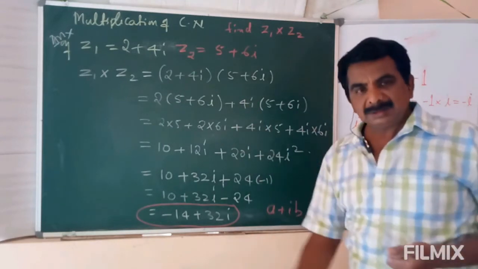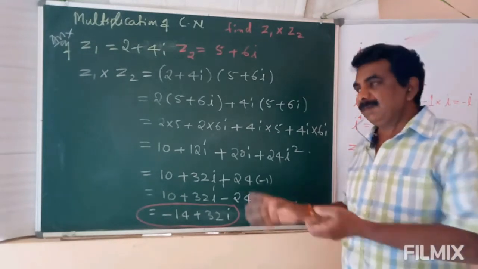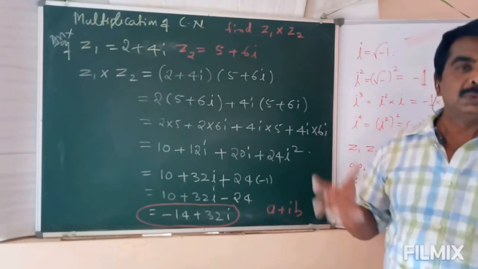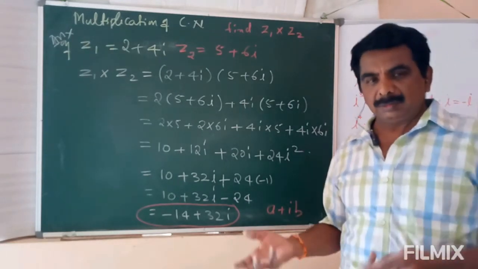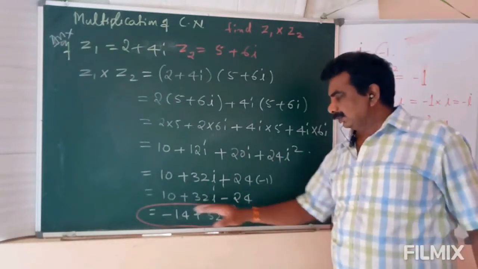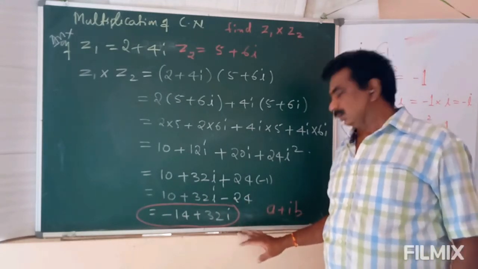You can add 2 complex numbers, 3 complex numbers, and get a complex number result. Similarly, you can subtract and get a complex number. Similarly, we can take the product. That means you can multiply 1 or 2 or 3, whatever it may be, complex numbers, and we get the result also as a complex number. Okay.